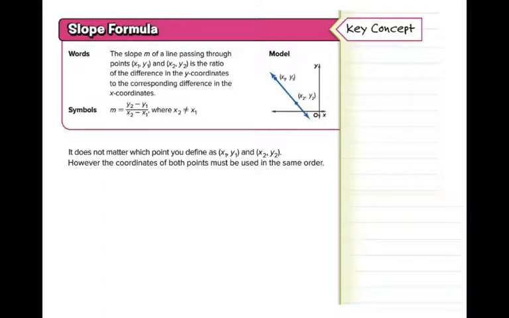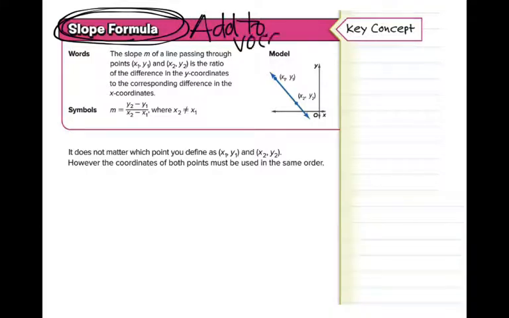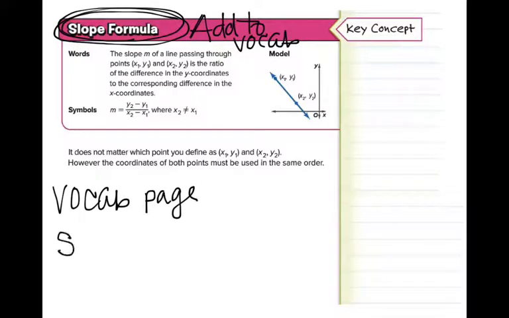Before we start focusing on there's a name for that second y minus first y over second x minus first x, I wanted you to just get comfortable with the other activities. So now you do need to know slope formula. And what we're going to do is add to the vocab. Okay, so what I want you to do in your vocabulary page is add a word, slope